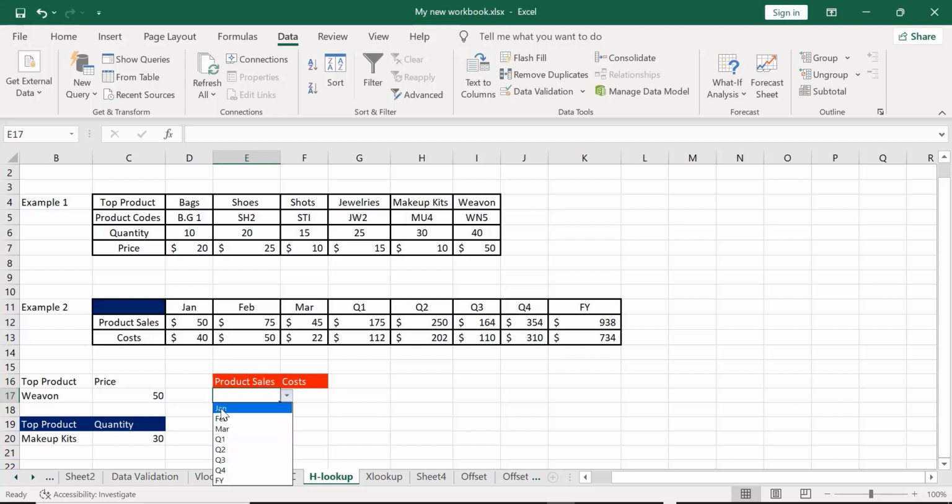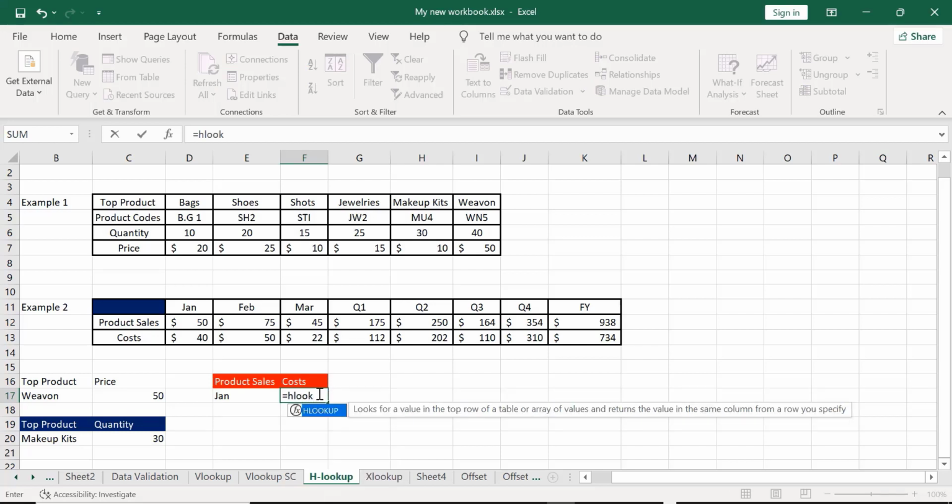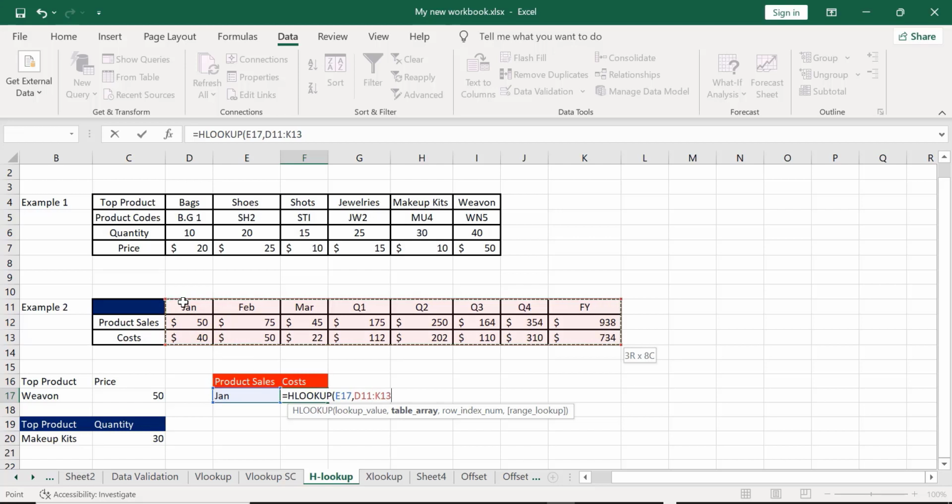Now let's start with January. Now let's apply our HLOOKUP formula, equals HLOOKUP, open bracket. Now what's our lookup value? This is our lookup value, January, comma. Now table array, shift control arrow down, arrow right, comma. Now row index, don't forget we are working on HLOOKUP. This is row 1, row 2, row 3. Now row 3 is talking about cost. Now comma,